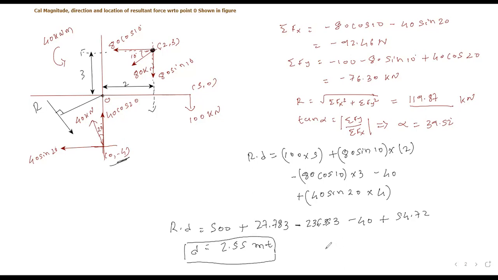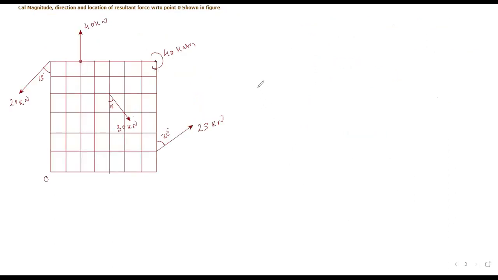This is your example number 2. Clear hai? Fine. Chaliye. Can we move ahead? Next example. Aisa kuch data diya hai. Data will remain same. Calculate location, magnitude, direction, and location of resultant force with respect to point O